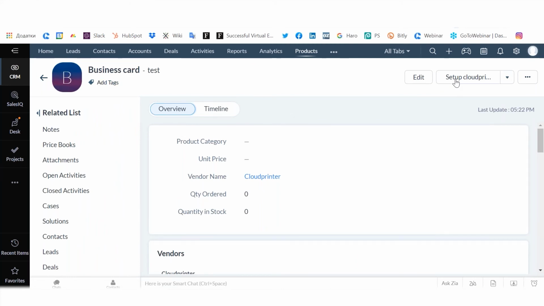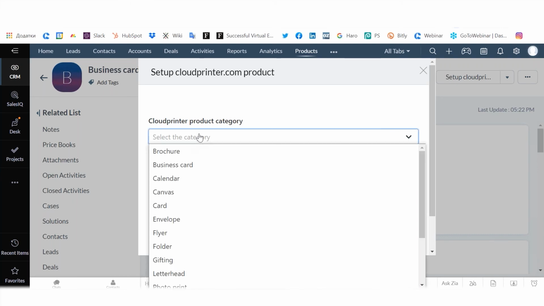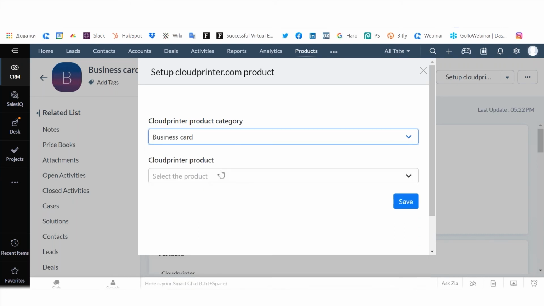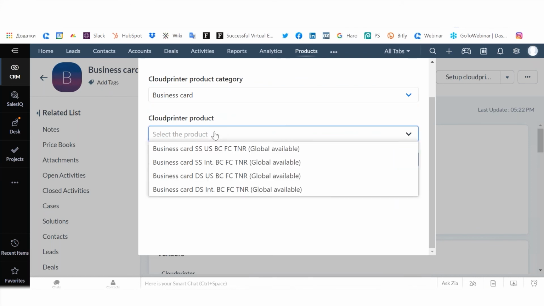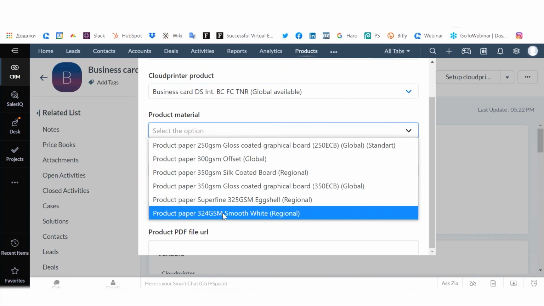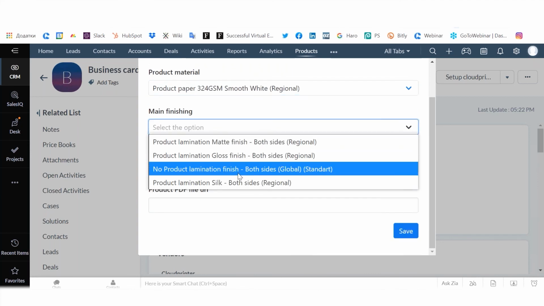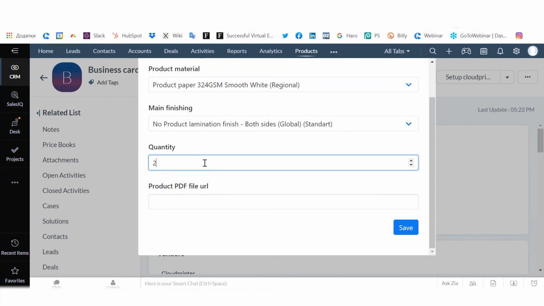Then to set it up, we hit this button to set up the Cloudprinter product, and that's actually how the system knows that this is an order that should be printed by us. We select business card. So let's talk business, and I'm choosing business card all the time. Then again, I will guide you quickly through the whole process, which is basically very simple, according to all your needs. The quantity,